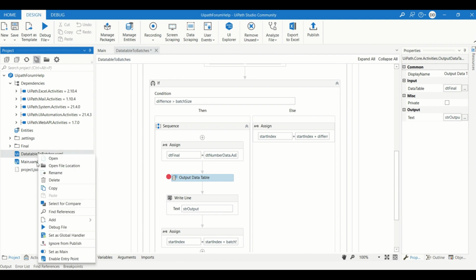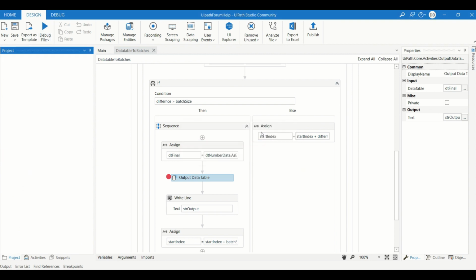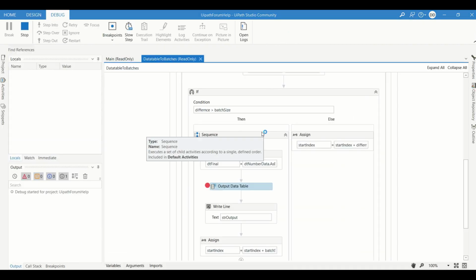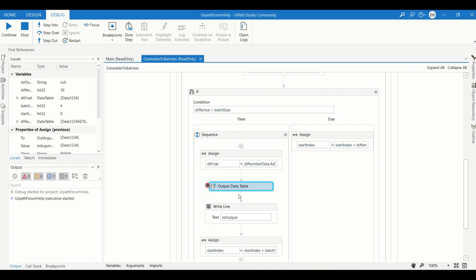First, to run it in debug mode, we have to set it as main, then debug. So it has come here. Now if I step into it, you can see the output panel. I will again step into once more. If you see, the data values have come 1 2 3 4, up till 4, 0 1 2 3. Now I will just continue so that it goes to the second iteration.